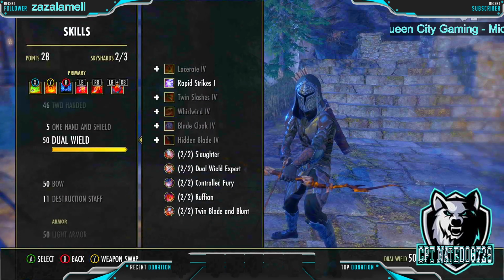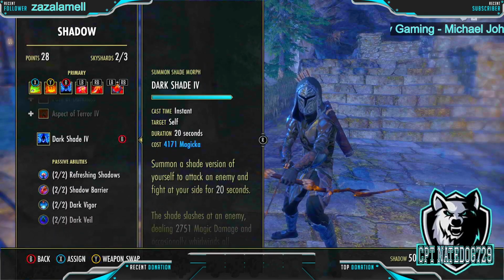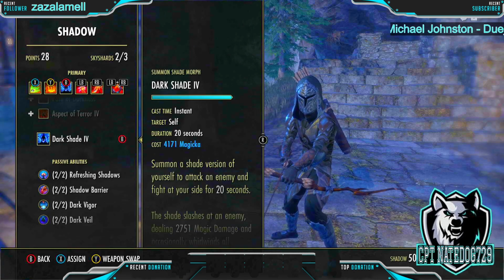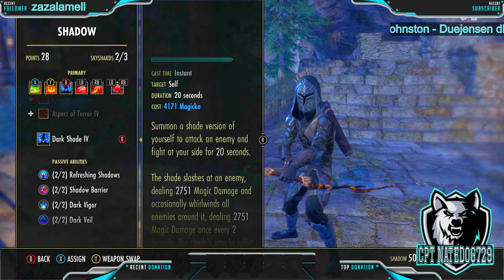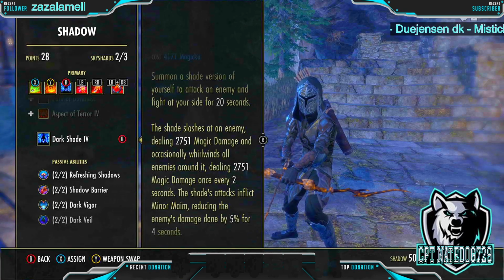Next ability we have is all the way up in the Shadow skill line. It is the 5th ability to unlock, starts off as Summon Shade. We then morph it to Dark Shade. This will summon a shade of our version that will attack enemies at our side for 20 seconds. The nice thing about the shade is it will go out and deal 2,700 magic damage by slashing an enemy, and then occasionally will do an area of effect damage to all enemies around them, doing still 2,700 damage